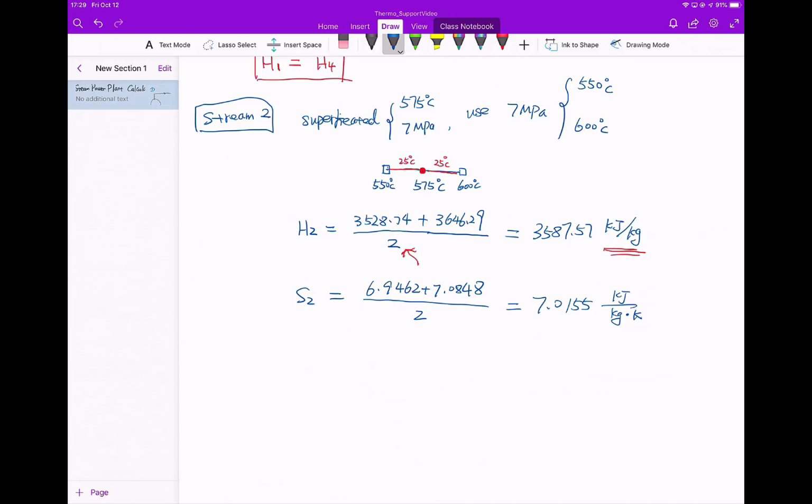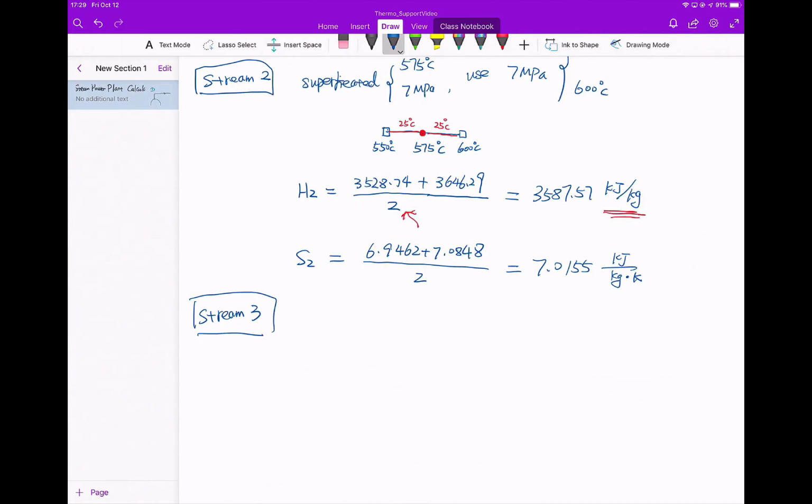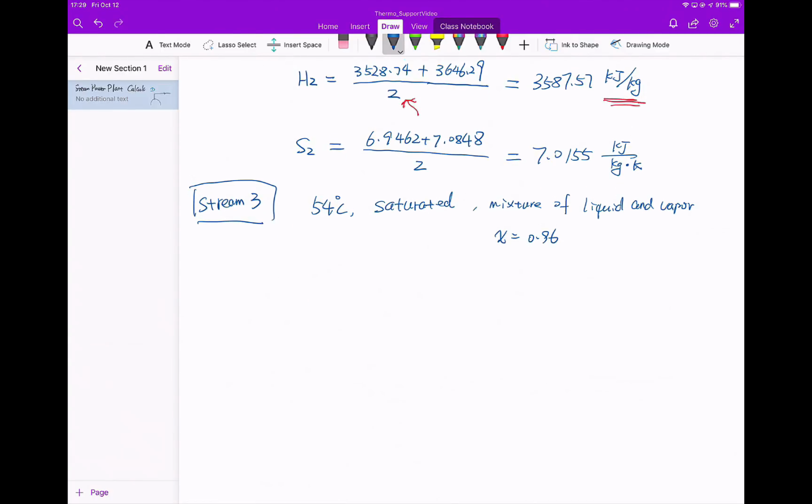So let's try to figure out the entropy and enthalpy for all the streams. So now stream 3 is 50 degrees C. This is a saturated mixture of liquid and vapor, and I know their ratio, X, would be 0.96. So using the steam table, liquid,